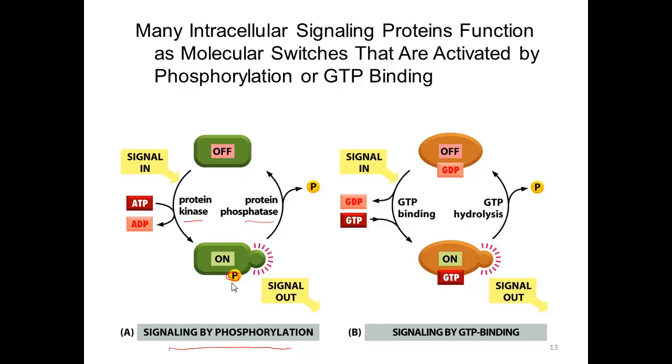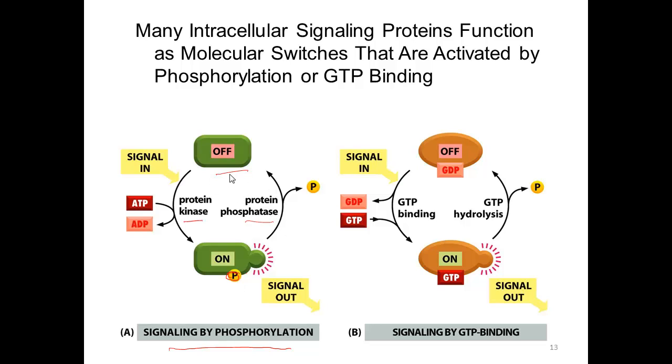cleave them off. When you put a phosphate group onto a protein, this phosphate has negative charges that will alter the electrostatic balance of the protein, can likely lead to a conformational change and a change in activity, and now this is an active protein. Many signaling proteins are kinases themselves, so a kinase will activate this protein and then it will in turn activate other proteins. Phosphatases are the opposite, and they will cleave this phosphate off, allowing the conformation to return to the